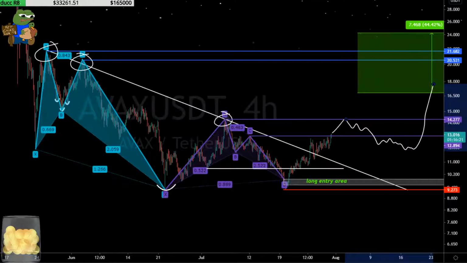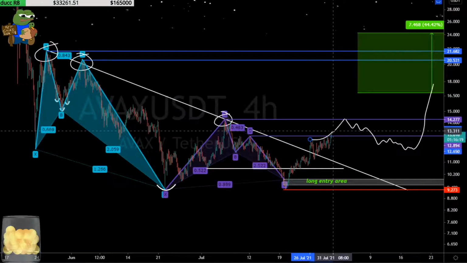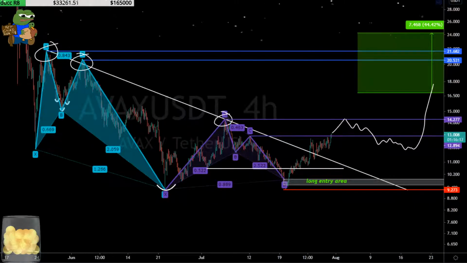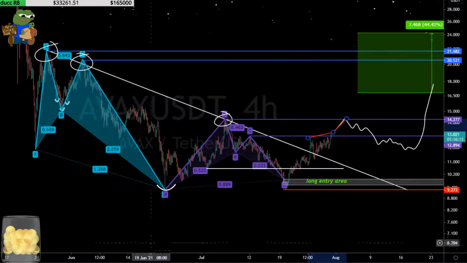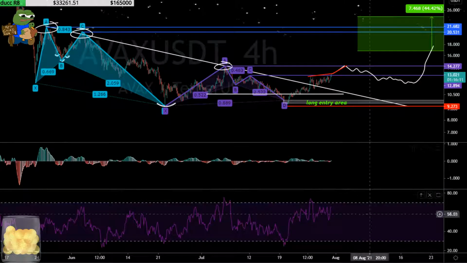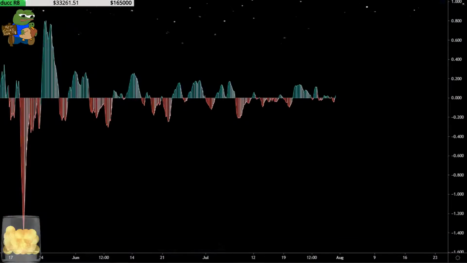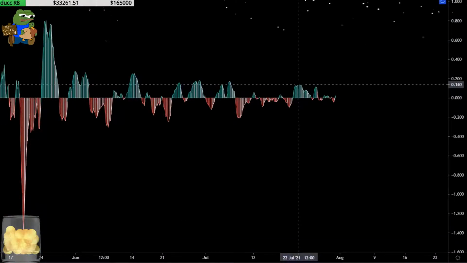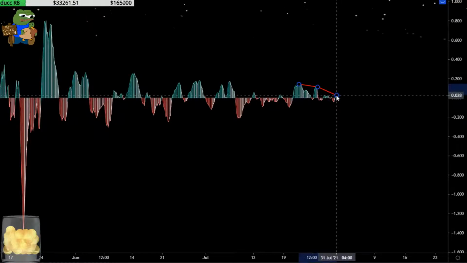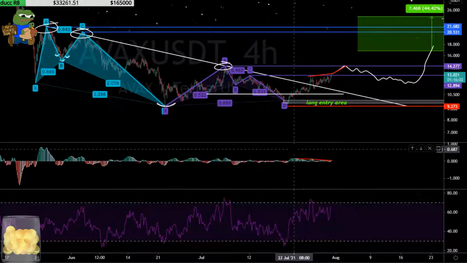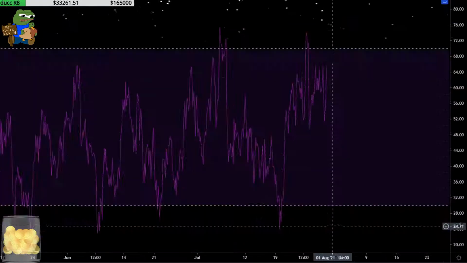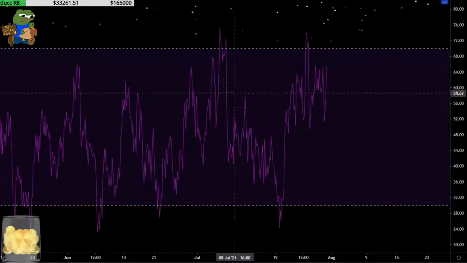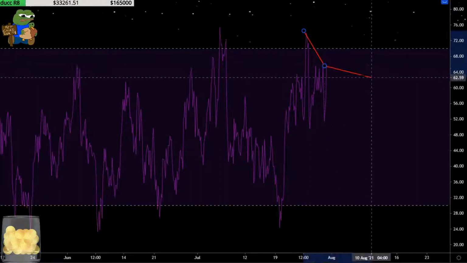So, and then here's where you would see your potential bearish divergence developing. All right, something like that. It's not as defined as it is on Link, for example, but